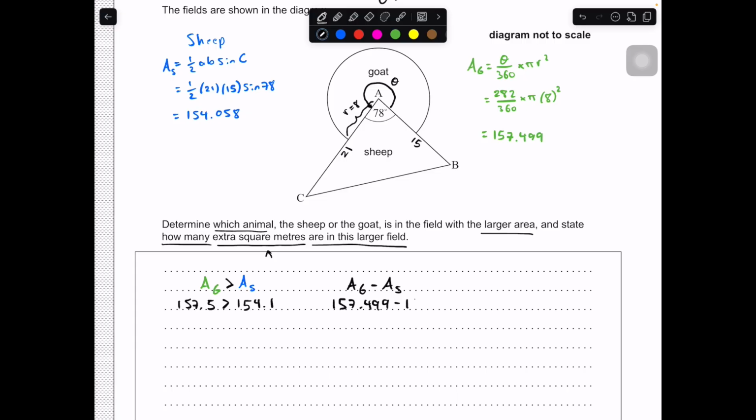157.499 minus 154.058. I'm going to work that out on the little calculator that I have beside me here. 157.499 minus 154.058. And the answer is 3.441, or I'm going to just round this to 3 sig figs. 3.441 or 3.44. It's possible that along the way, some rounding here or here or here or here may create some deviation